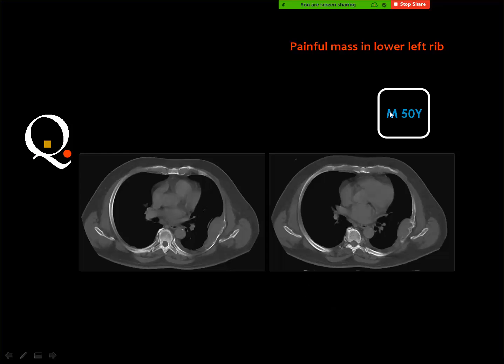And could it be metastasis? Yes, metastasis or